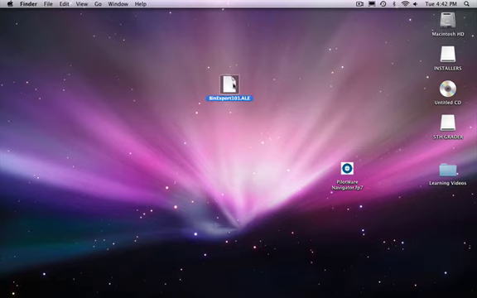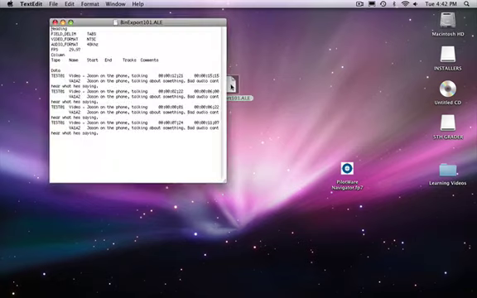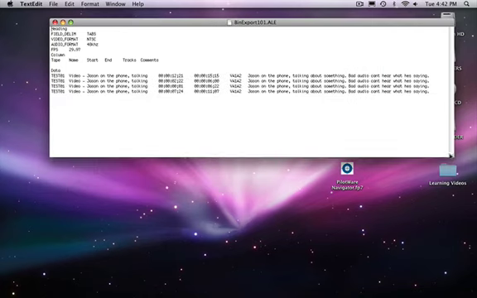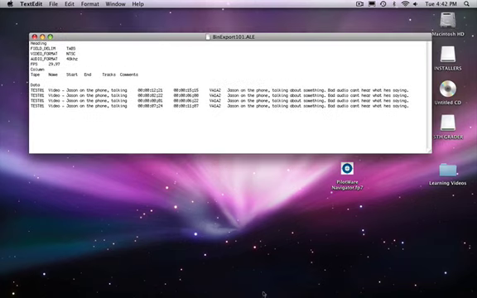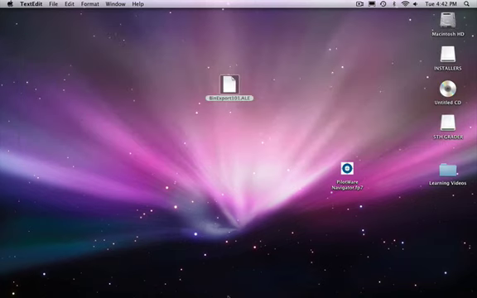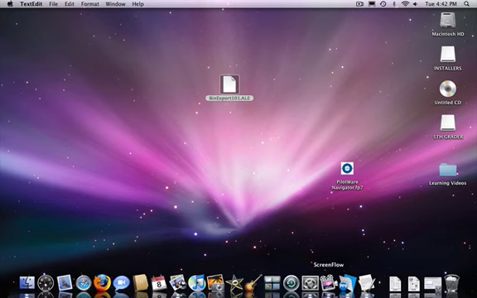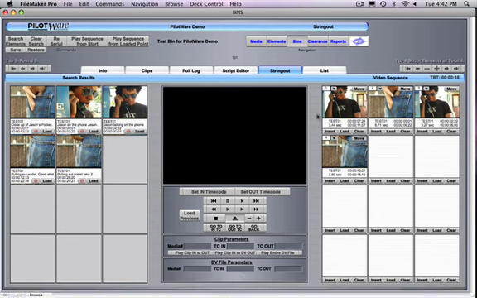Now when I open that up in the text editor here, it's actually backwards. I know it's kind of hard to see because it's all the same clips. And what happens is when you import that into the Avid, it will put it backwards in the bin, but when you drag the bin into the sequence on the Avid, it puts it in the forward order. So that is the basics of how to